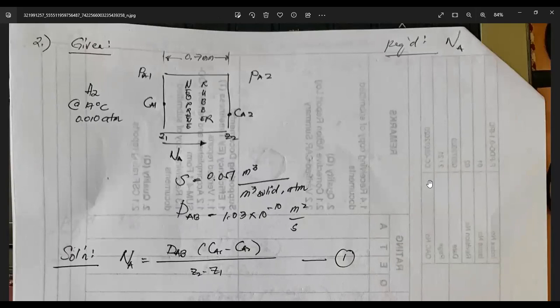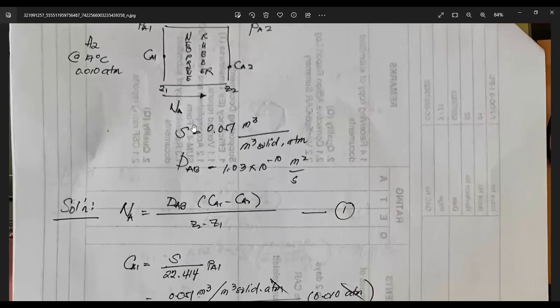Okay, so this is in the case of hydrogen diffusing through vulcanized neoprene rubber. The thickness is 0.7 mm. I changed it to 0.7; originally, I think it's 0.5 mm. You are given the solubility of hydrogen in solid neoprene rubber per